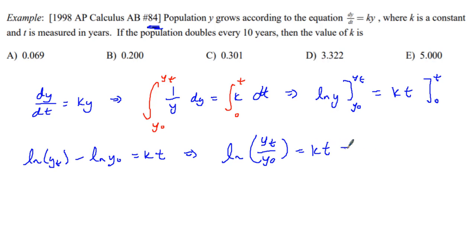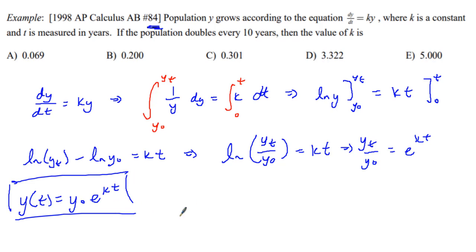We do our little bit of algebra here, which means y at some value t over y0 equals e to the kt, which means y as a function of time is equal to the initial value e to the kt. And you're like, Aiden, we've already done that. Yes. Which means it's nice to know that equation. It shows up in Algebra 2, it shows up in Pre-Calculus, it shows up in every single course,